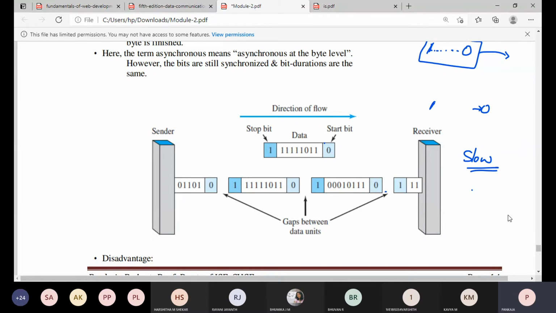Many times we have used that. If the sender is working at high speed, sending at a faster rate, but the receiver is very slow in receiving and processing the data coming from the fast sender, there is a possibility of loss of data. If the buffer or the queue is full, whatever next data comes will be lost. For that reason, there should always be synchronization between sender and receiver.